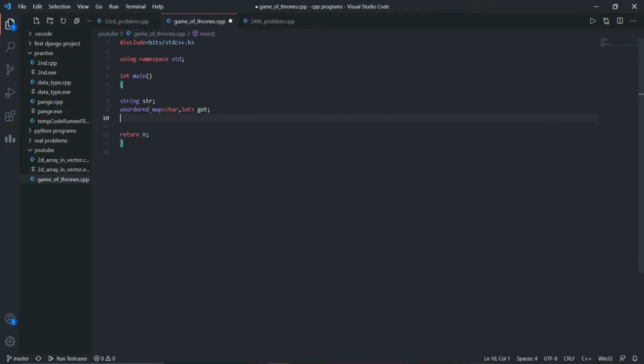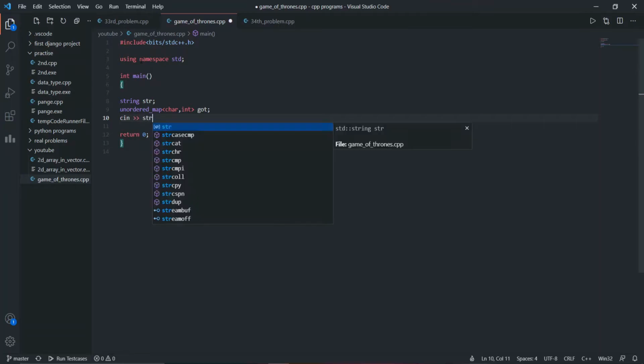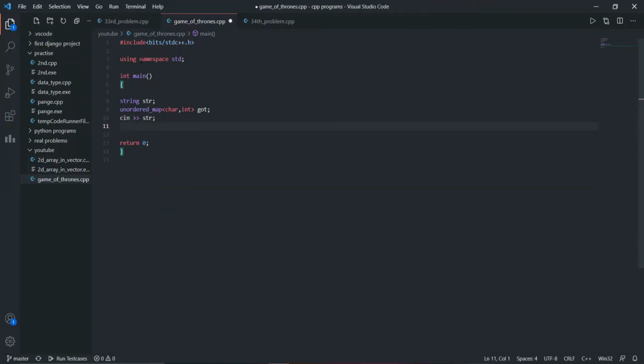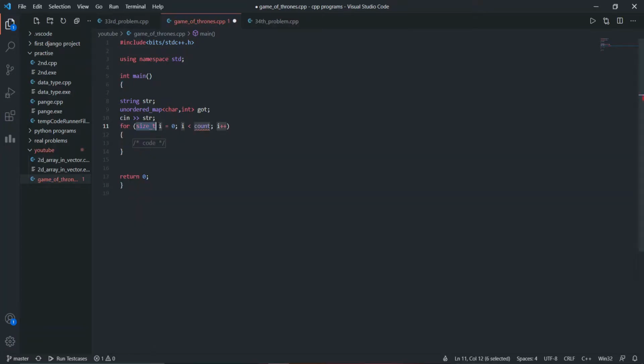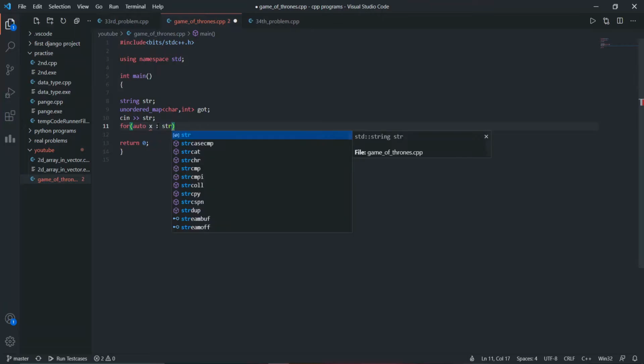And now we are going to take the string input, and now I'm going to iterate through each character of the string with the help of a for loop, for auto x in str.